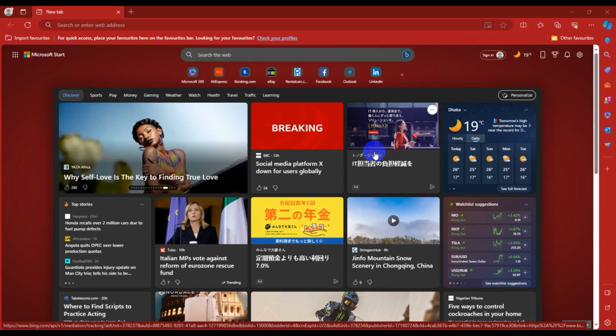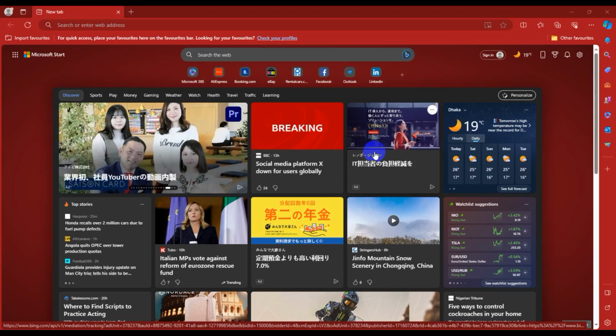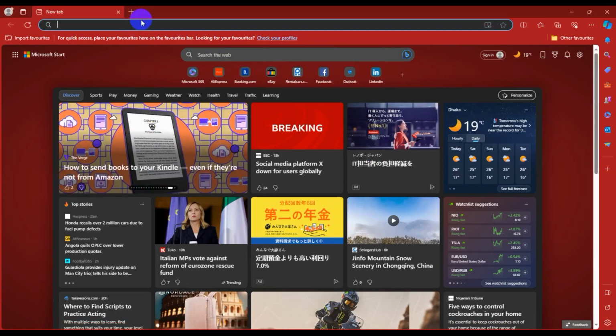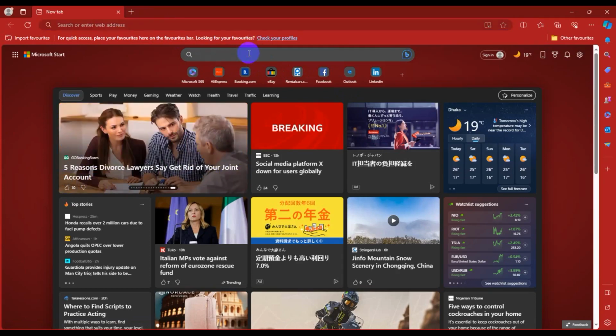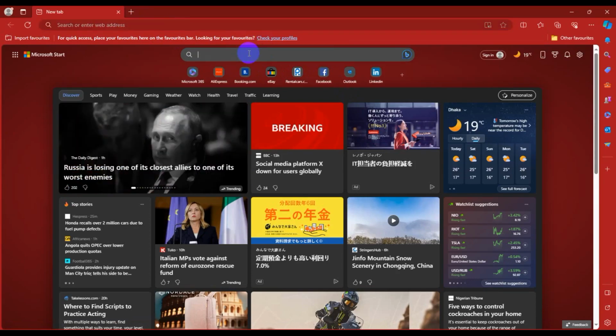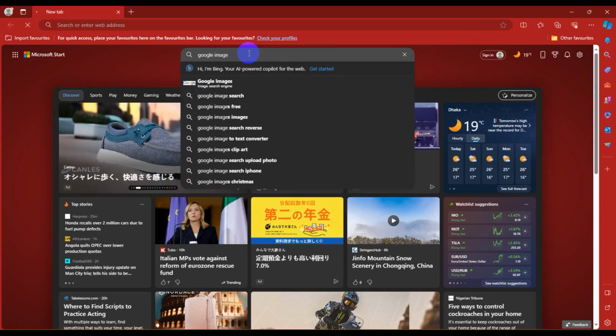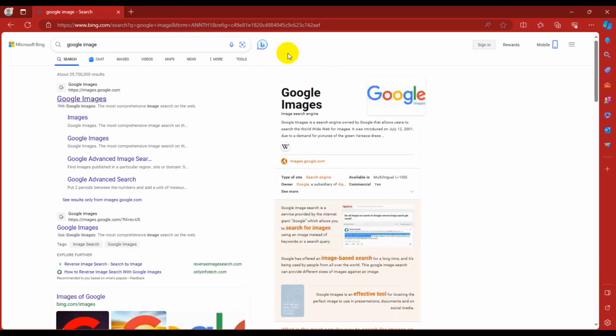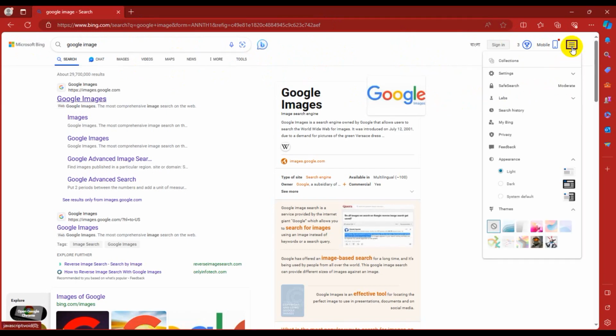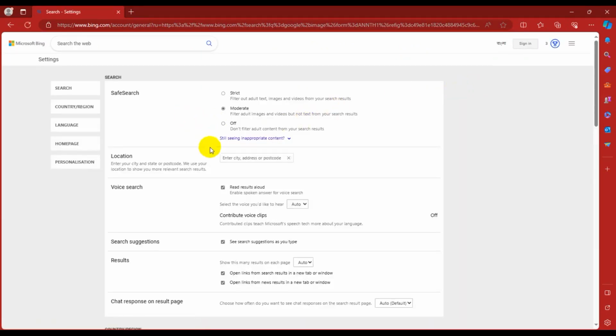So guys, today I am going to explain how to disable or enable Safe Search. So now I'm searching on the web, just click Google image and hit enter. So now I'm clicking the search option Microsoft Bing. Now click the menu bar option and click Safe Search. So now click Safe Search Strict,